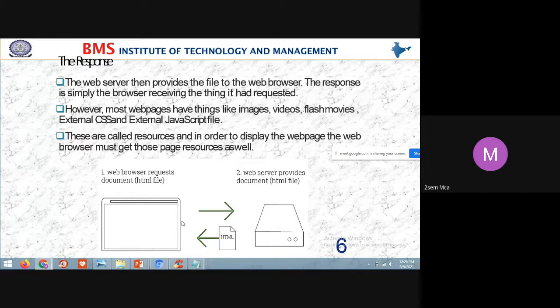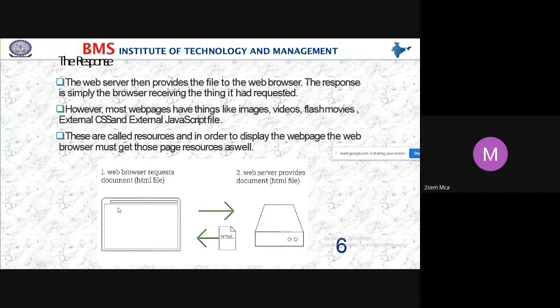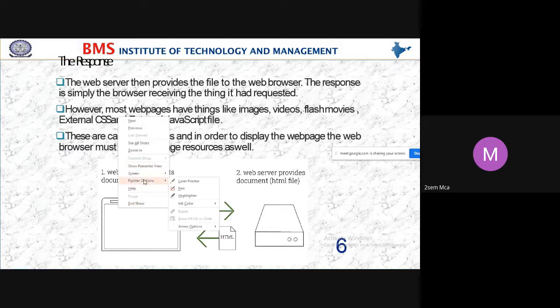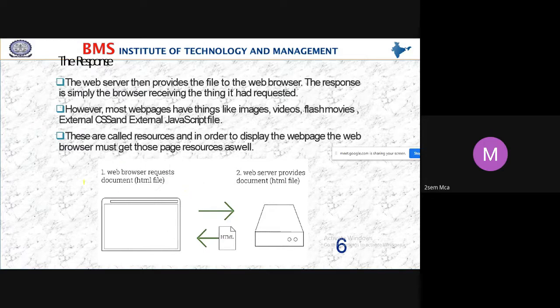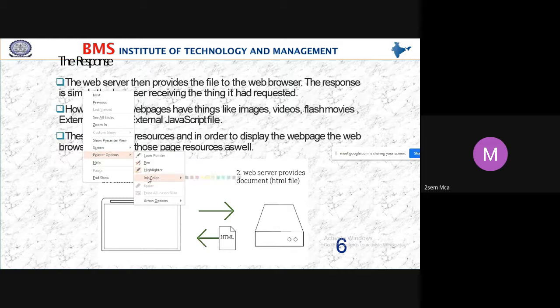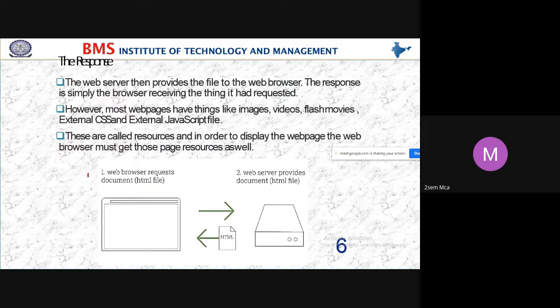See, students, see this diagram. See here, this is a user. The user makes a request.